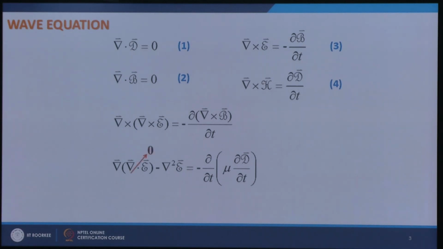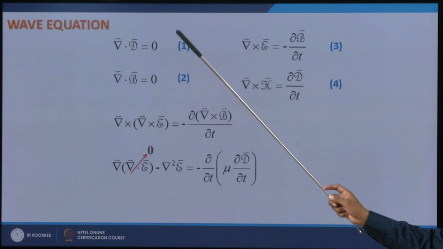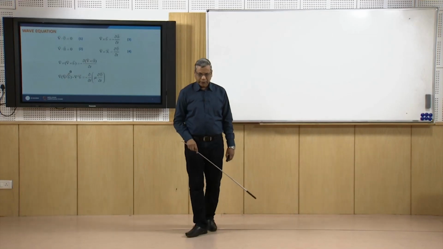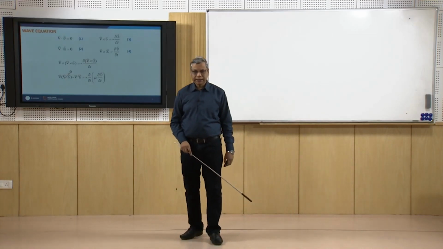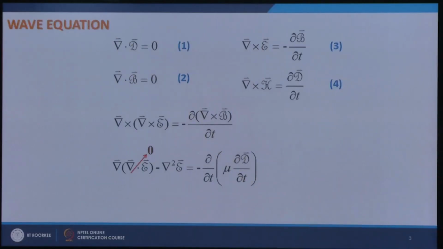Now, since this is a homogeneous medium, and in a homogeneous medium del dot D is equal to 0 and D is equal to epsilon E. So, in a homogeneous medium, since epsilon is not a function of x, y and z, that epsilon will come out of this divergence operator, which means that in a homogeneous medium del dot D is equal to 0 will translate to del dot E is equal to 0. So, this term goes to 0,